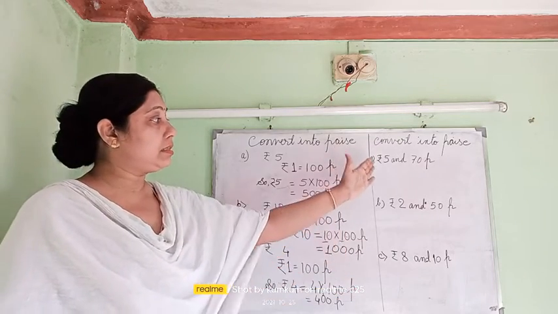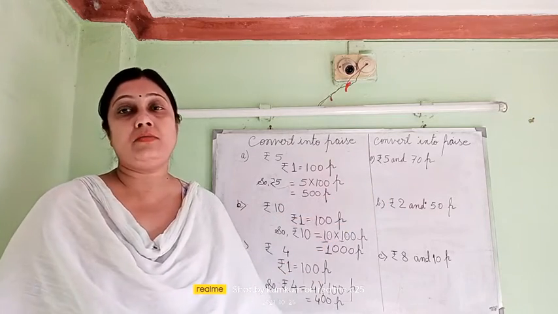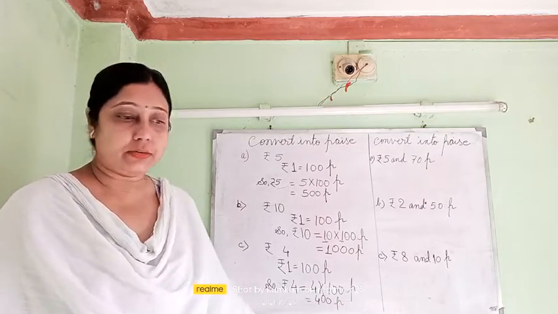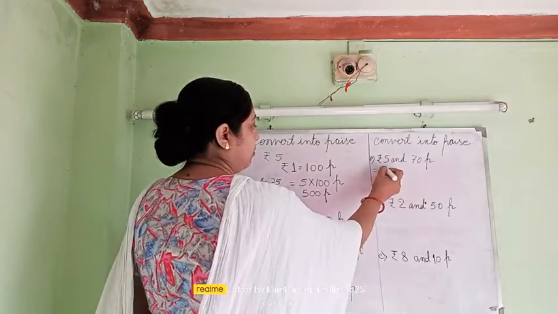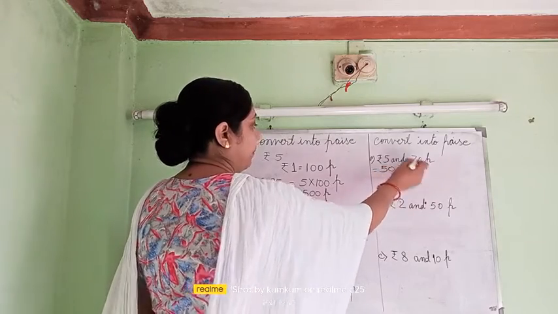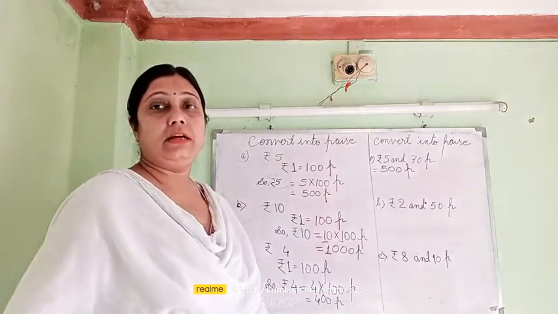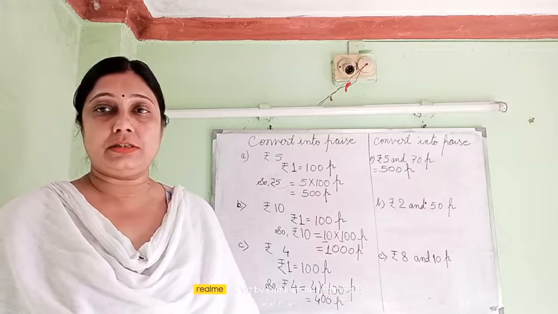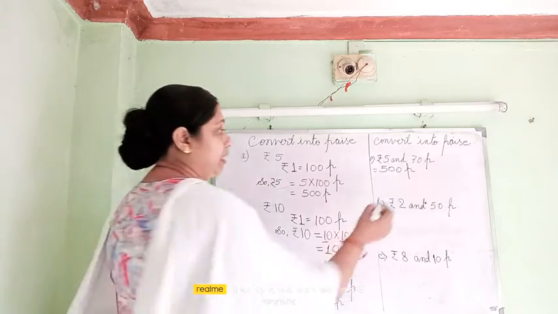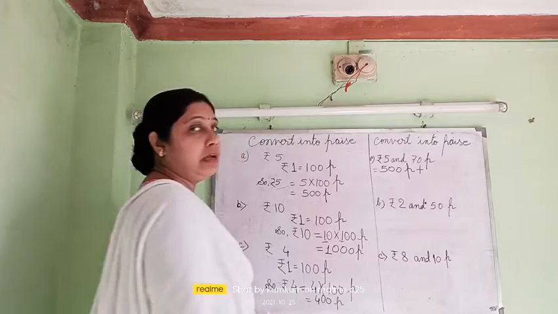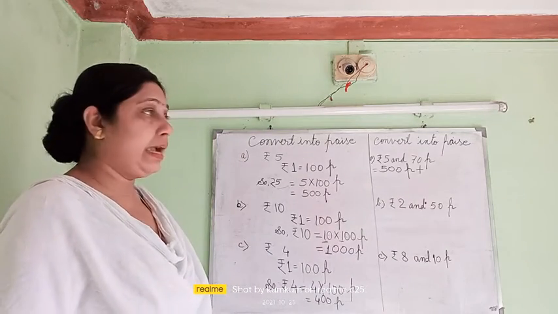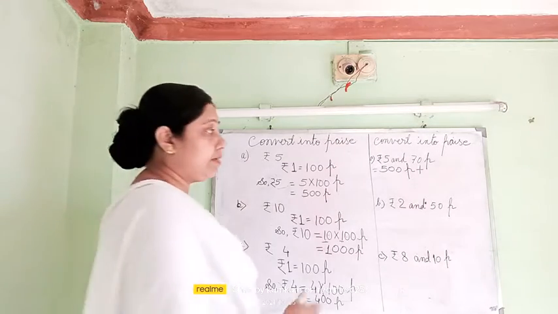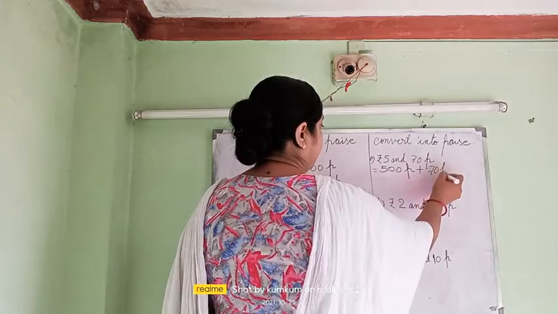So now in this form of question we are not going to write down this type of explanation. We will directly write 5 rupees equal to 500 paise. Directly I will write 5 rupees equal to 500 paise, and in place of and, I will put the plus sign. And there it is written 70 paise. So I will write down 70 p.